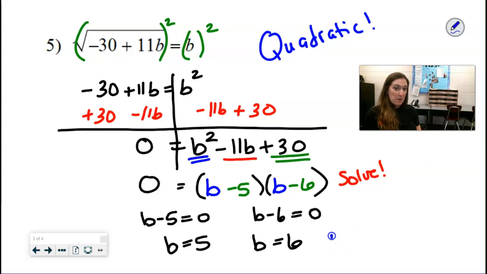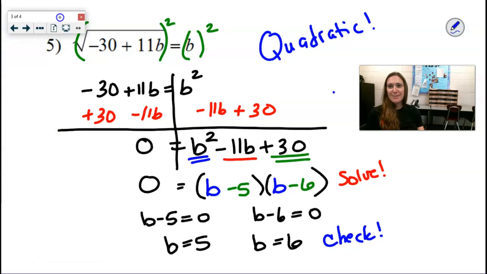Now, you must check, especially when there's a quadratic, because quadratics get everybody nervous. Sometimes you have what's called an extraneous solution. It shows up, but when you plug it back in, it just doesn't work. The check doesn't have to be shown, but it might be smart. So my check, I'm going to kind of do over here. So if I plug in, actually I'm going to do it on both sides because I'm going to run out of room. If I plug in a 5, on the left side I get the square root of negative 30,